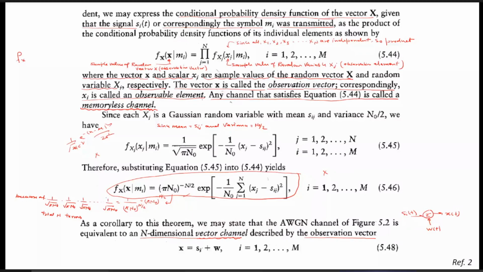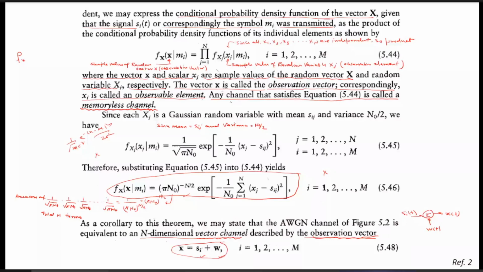Hence, the observation vector x we can simply write in vector form, that is Si plus W, because this Si is a column vector, this x is also a column vector, and this W is also a column vector, which consists of the effect of the noise at the output. So if you have n correlators, then for that we may define the observation vector x, which is the sum of Si plus W. So this is a very important relationship, because this will be used in the further discussion.